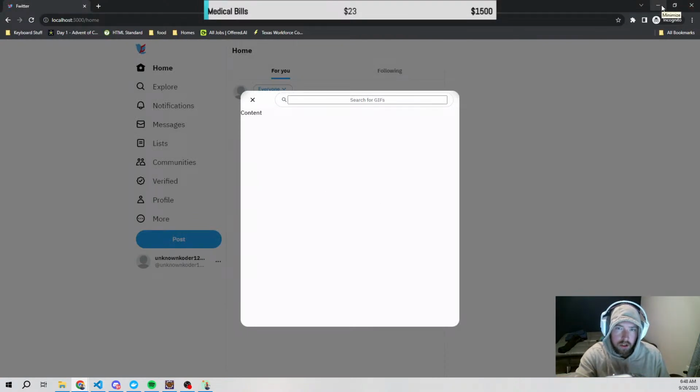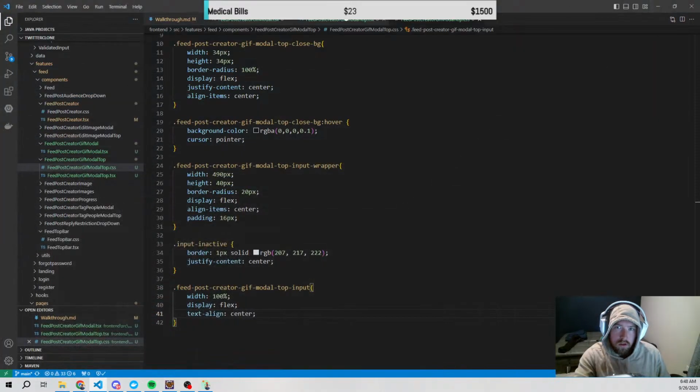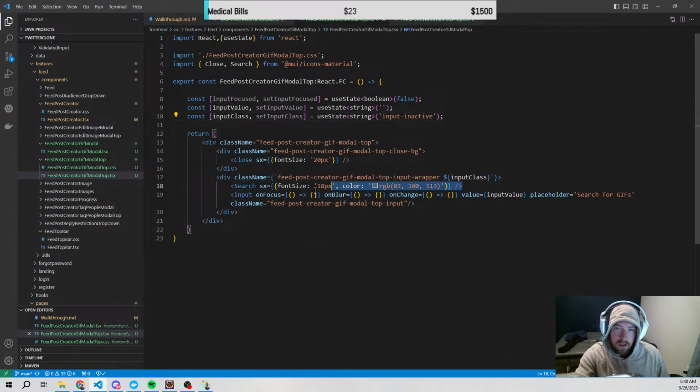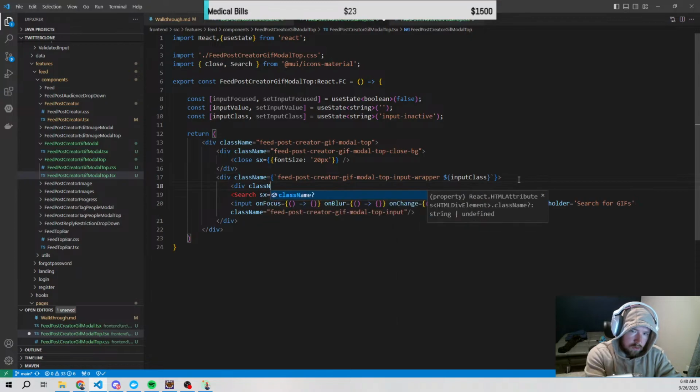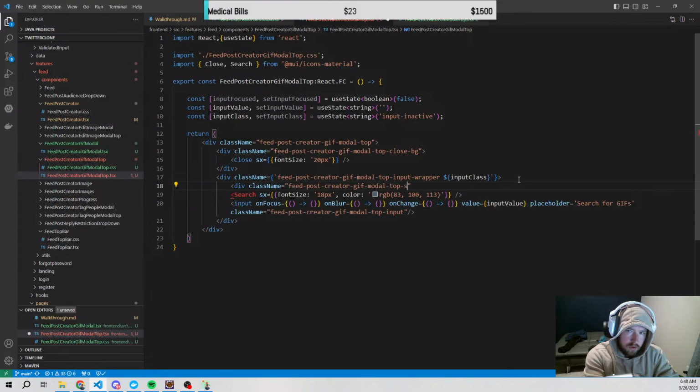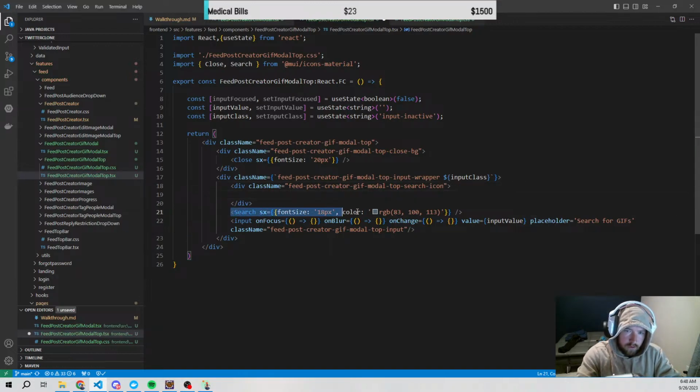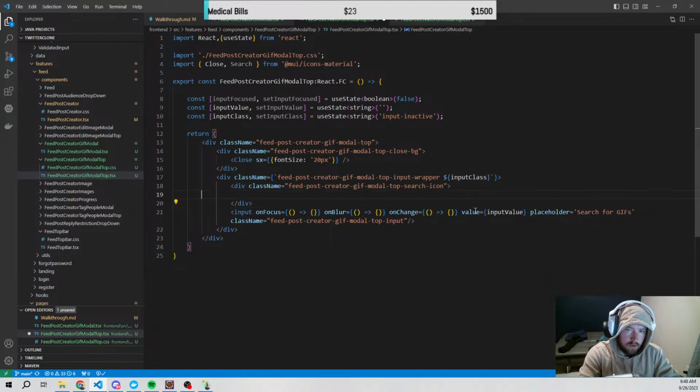The thing about this search icon, crap, but we can't actually. We have to wrap this into its own div. We have to wrap this in its own div as well. Creator GIF modal top search icon. We need to make. The thing is,